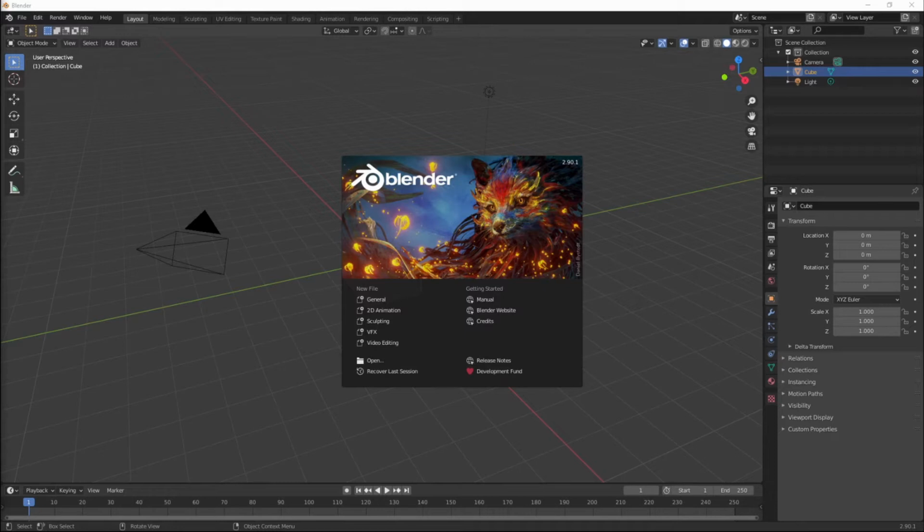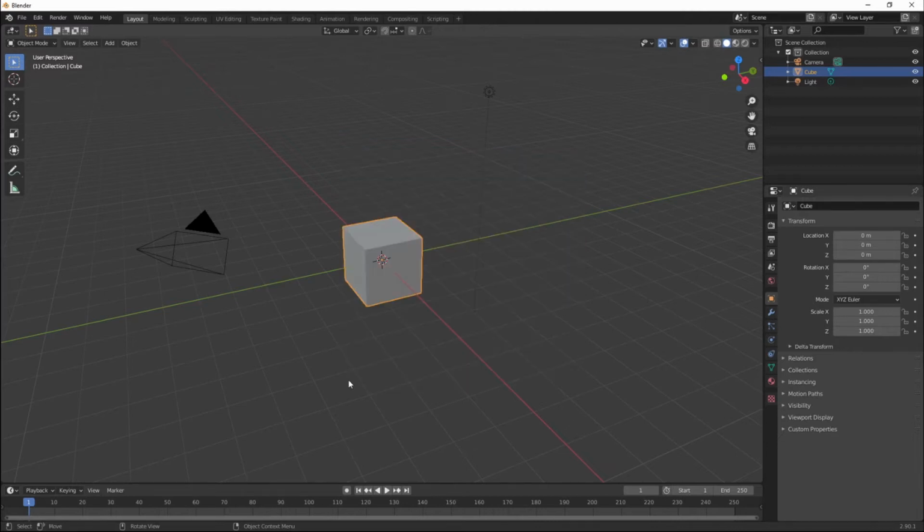So the first time that you load up Blender, you'll be greeted with a splash screen. Blender works in a number of different ways. You can use it for both 3D animation and 2D animation, as well as video editing. We've got a number of options here for creating new files. So for now, all you need to do is hit the general option, and that will leave you with a